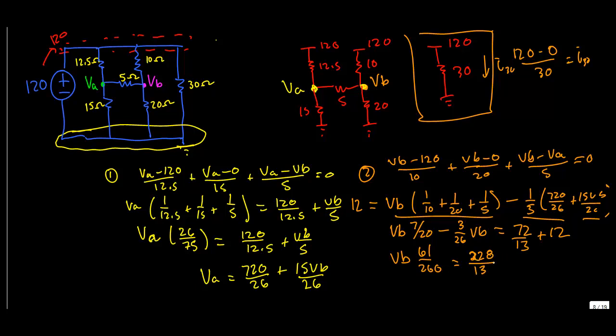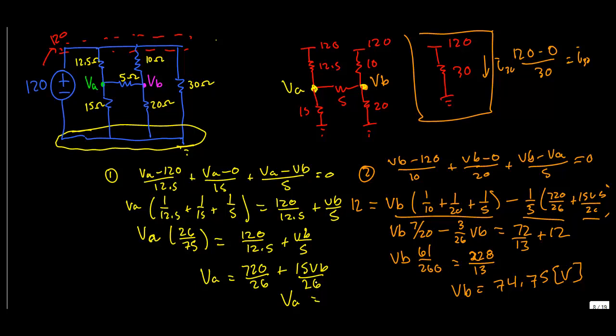And then if we multiply that by 260, you get 4560, and if you divide that by 61, you get 74.75 volts. So VB is equal to 74.75 volts. So it's good because it's less than 120 volts. So that could be right. So VB is 74.75. Let's go ahead and say VA is equal to 720 over 26